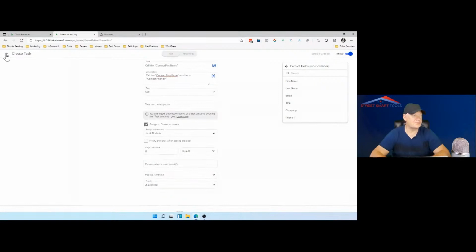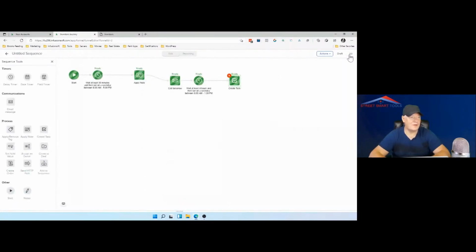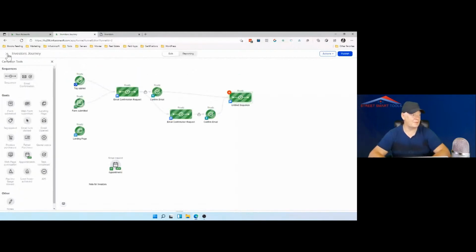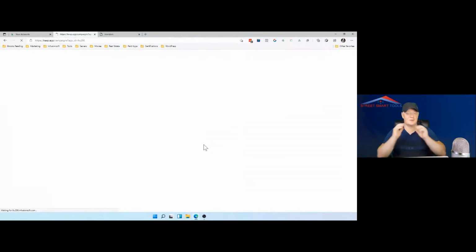So we draft. So we will see that after the tag is applied or they fill up the form, we wait 30 minutes, we apply the note, we send them the email, we will call tomorrow, we will wait 4 hours, and then we assign the task to have a follow-up, and then you can continue limitless of whatever is possible, right? So I'm sorry, somebody's thinking about me today. Okay, so we have created that automation.